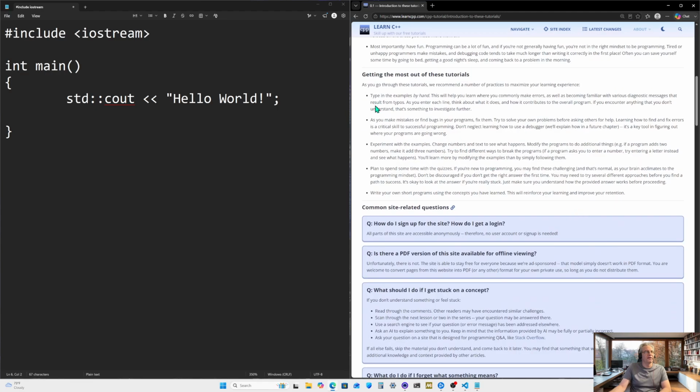So type in the example by hand. This will help you learn where you can commonly make errors as well as become familiar with various diagnostic messages that result from typos as you enter each line. Now, once you get this done, this is just for the exercise, but if you decide to go and get VS Code or Visual Studio or whatever your compiler or your text editor or IDE is,